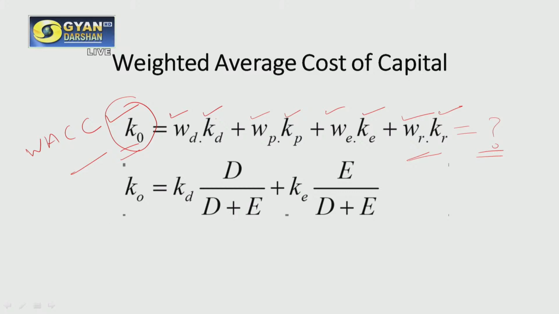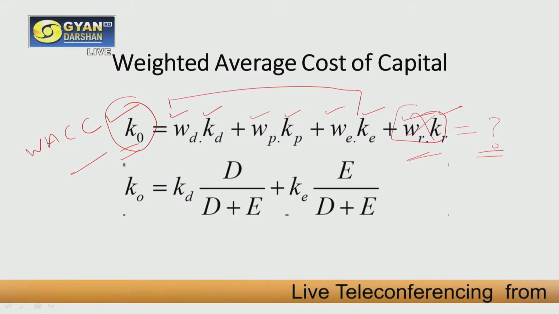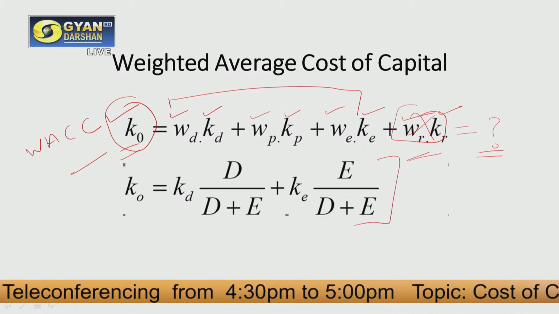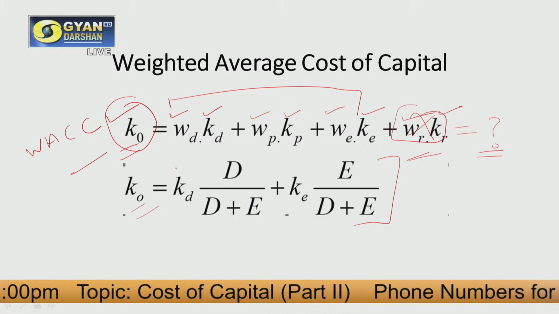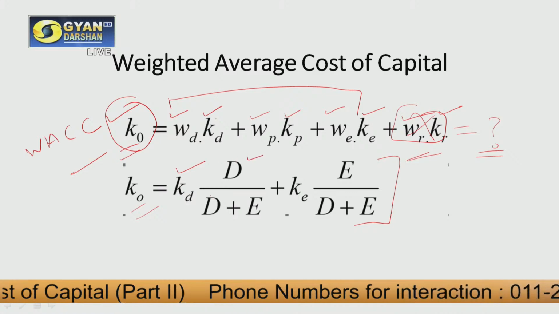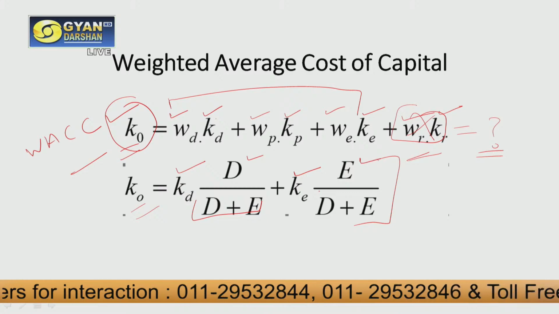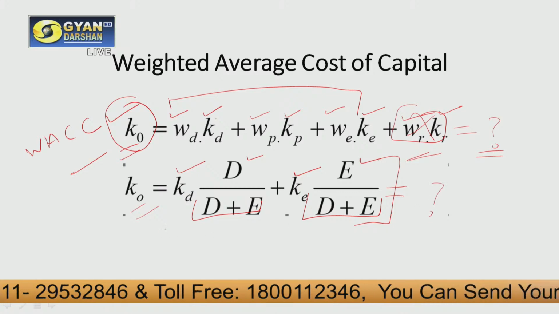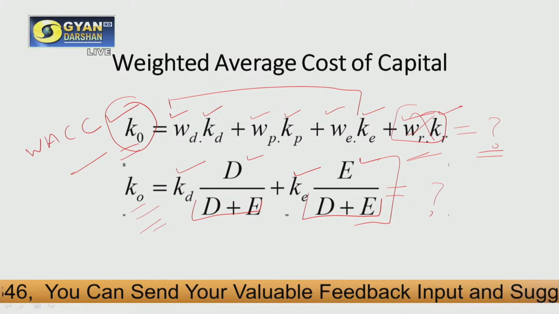So this is the case when all four sources of funds are available. It may be possible that we are getting funds from only three sources. In this case, we will utilize these three parts. There may also be a case when we are getting the funds only from debt and equity. In this case also, we can calculate our overall cost of capital using a similar equation. You can see that the cost of debt is multiplied by the proportion of debt in our capital structure. Similarly, the cost of equity will be multiplied by the proportion of equity in our capital structure. By solving this equation, we can get our WACC or overall cost of capital when we are gathering funds from two sources, that is debt and equity.